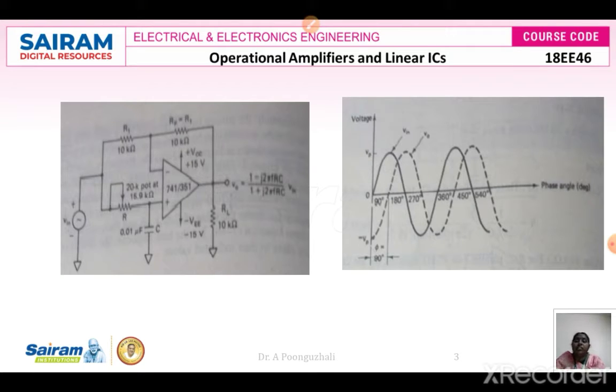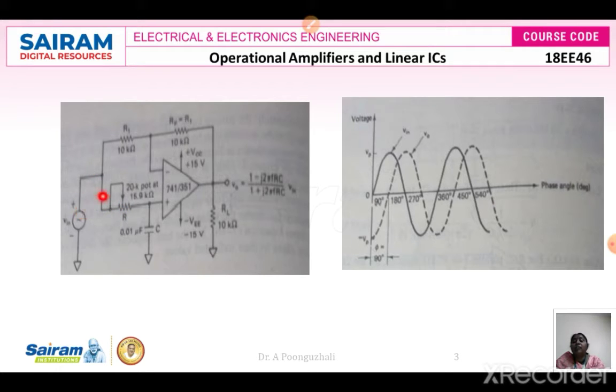So here this is the construction of the all pass filter. Here we are going to use the same signal as input for both the inverting as well as the non-inverting input terminal. To the inverting node we are going to connect a feedback resistance RF and an input resistance R1, and to this I am going to connect my input signal Vin. And to the non-inverting node I am going to connect a capacitance, and here you are going to have a resistance. The other end of the resistance I am going to give the input signal.